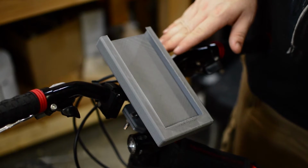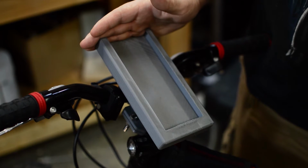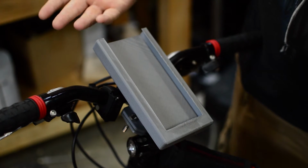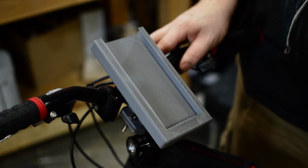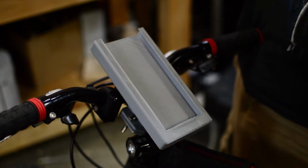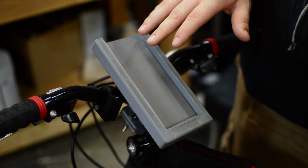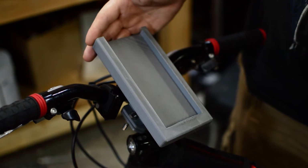All right, so now what we have here is the phone mount that I made for my bike. When Pokemon Go came out, I was riding my bike around a lot because I wanted to play that way and get around town a little bit quicker and catch more Pokemon. I was getting sick of holding my phone when I rode my bike because when I had to brake or steer or swerve, I was really scared that I was going to drop my phone and shatter it into a billion pieces. So I went ahead and I 3D printed this bike mount for it